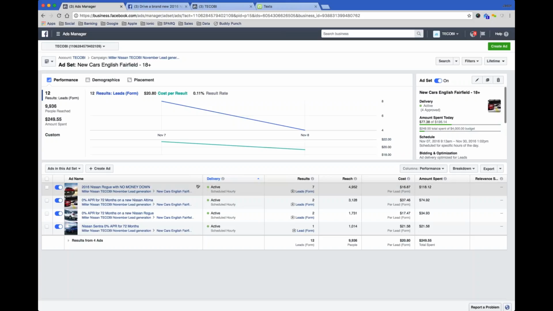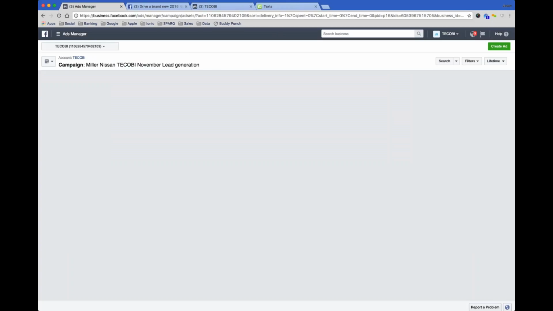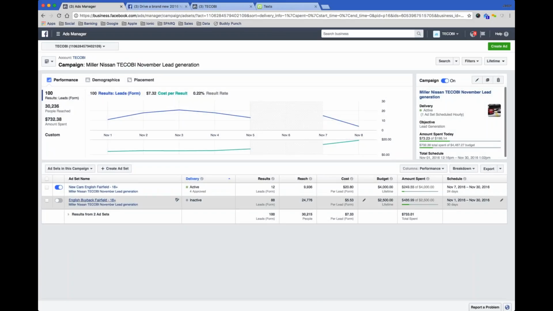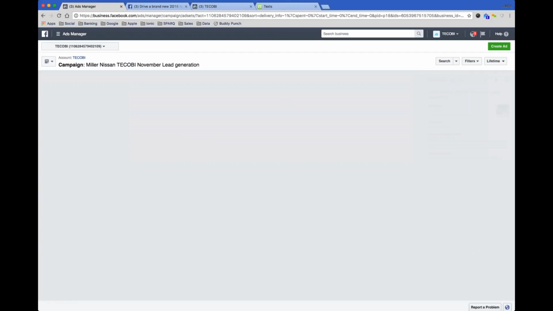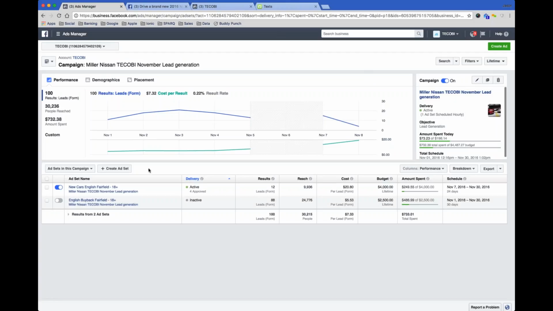And then once again, if you put them all into the same ad set, so you'll notice on this dealer I've got 2 different ad sets, because if I put these new cars in this ad set with this buyback that we're doing, the buyback will eventually start pulling because it's got a lower cost, you see they're at 553 a lead, the buyback's going to start pulling all the inventory. So you just got to kind of play with it.